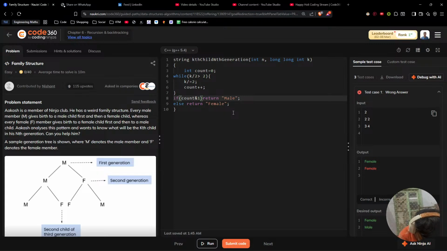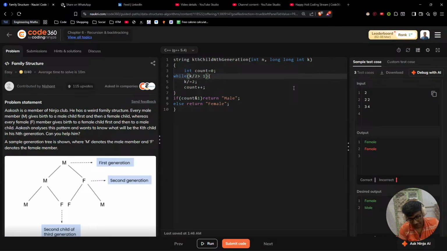Flip to male. 7 by 2 is 3. Flip to female. 3 by 2 is 1. 1 is male. So 3 flips gives me male. Greater than 1. So if 3 flips gives me male, that means